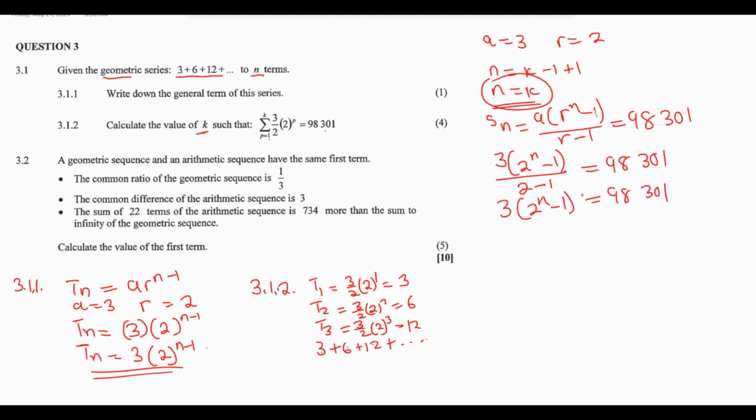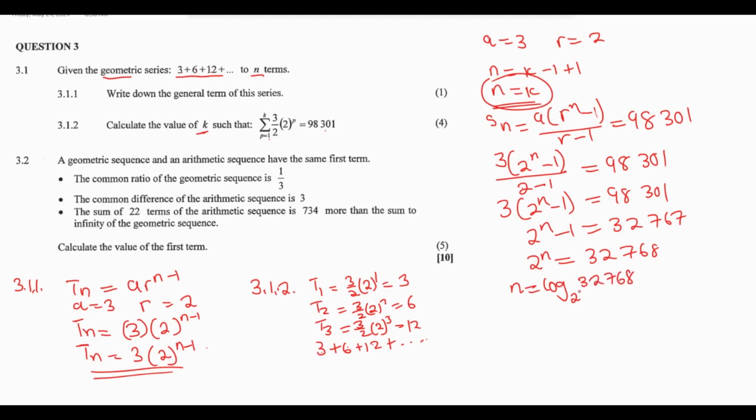Then we divide by 3 on both sides of the equation. 2 to the power n minus 1 is equal to 32,767. Then we add 1 on both sides of the equation. 2 to the power n is equal to 32,768. Right? We can change from exponential form to log form. So n, the exponent becomes the subject. N is equal to log, then the base is 2, and then our argument or the number